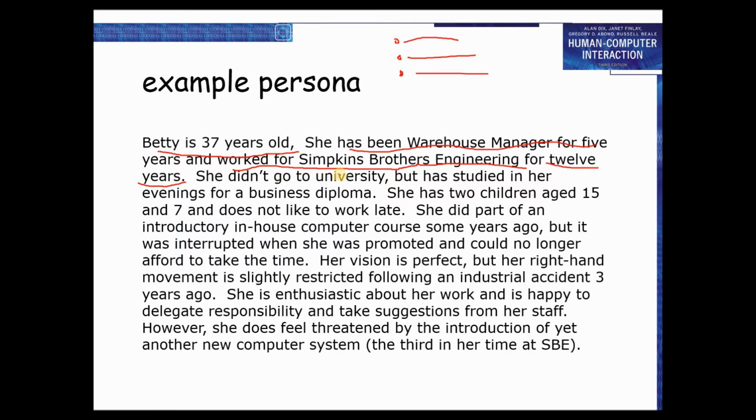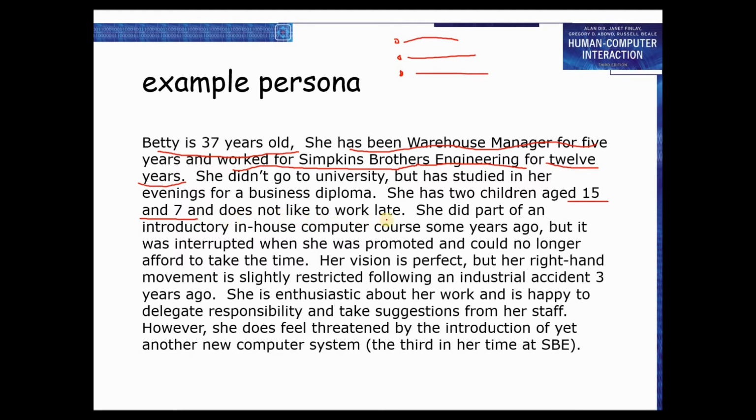So here she didn't go to the university, but has studied in her evenings for a business diploma. So she was working in the company in the daytime, and in the evening she took classes for a business diploma. So remember, in the persona you will write details, every type of detail, technical ones and even non-technical which are not related to the job. So here for example she has 2 children aged 15 and 7. And so that's important. Why do we write about children or her husband or anything like that? Because